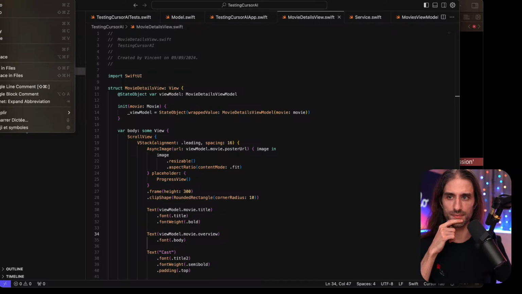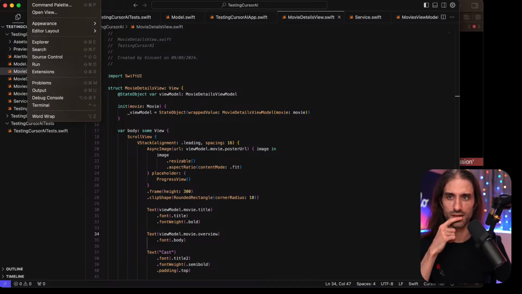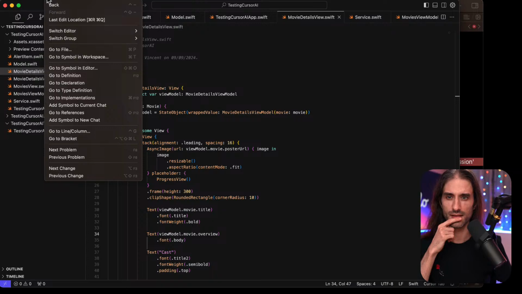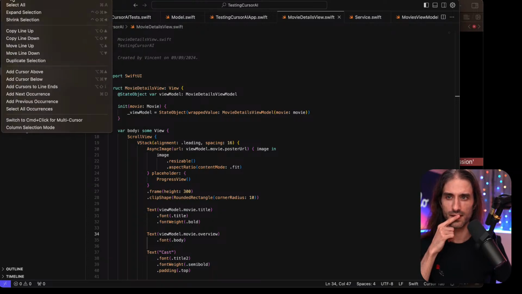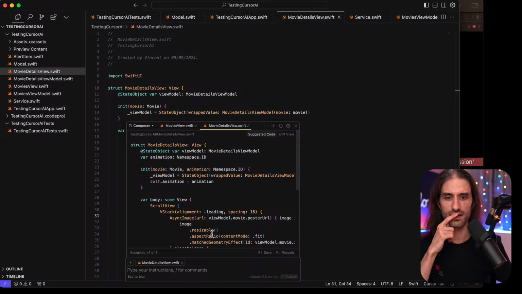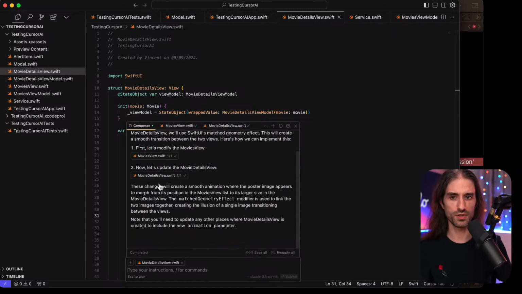So actually, I'm looking at the shortcuts, because you're saying Command I. And I think if this is what you call the composer, which seems to be the case, it's what I've been using before.